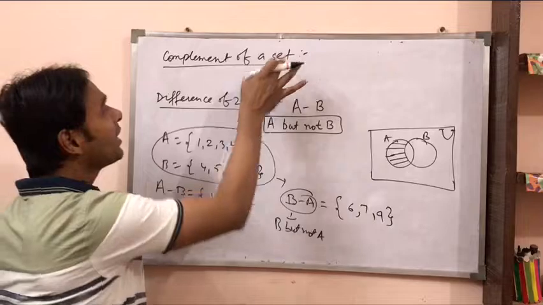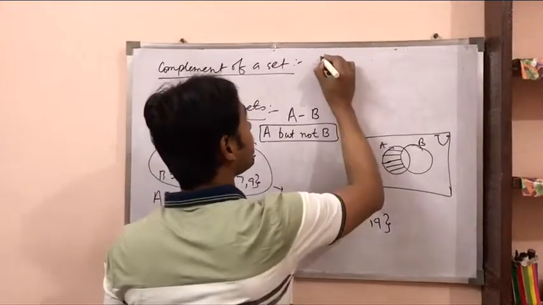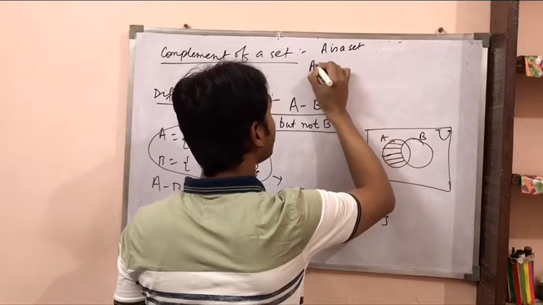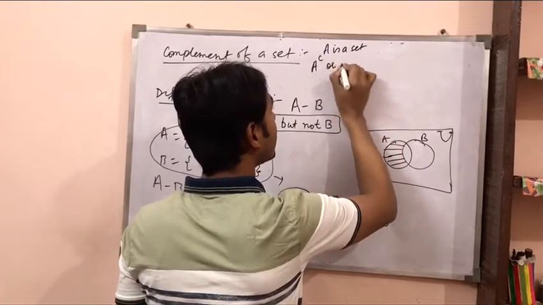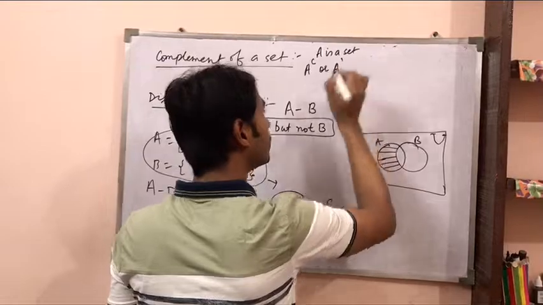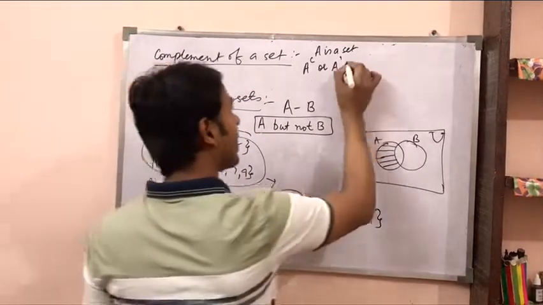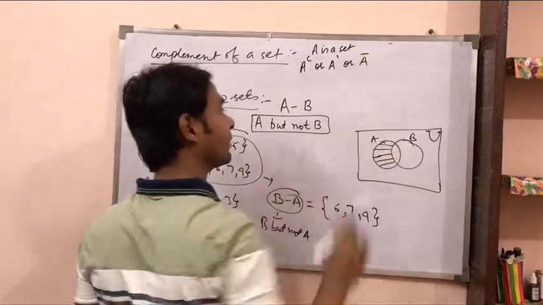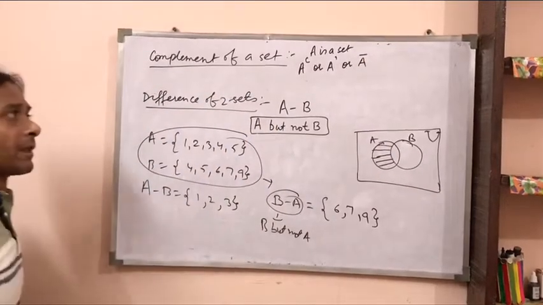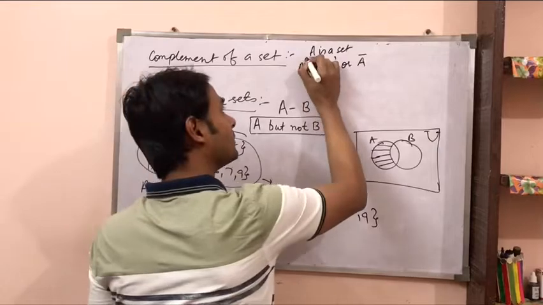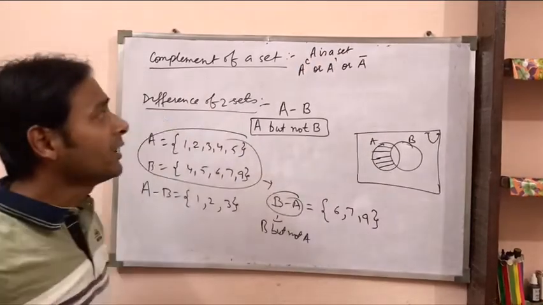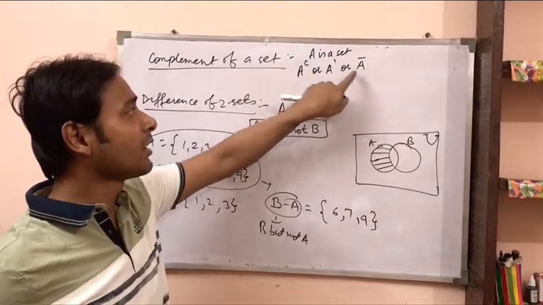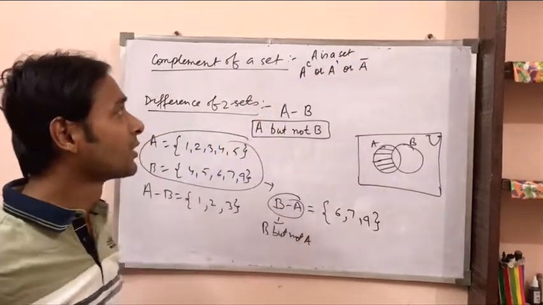Now, complement of a set is defined as, suppose A is a set. Then A complement is A के ऊपर C लगा दिया, या फिर we can say A के ऊपर डैश लगा दिया. दोनों चलेंगे. या फिर कई बार A के ऊपर बार भी लगा देते हैं. स्टैंडर्ड नोटेशन नहीं है, मतलब डिफरेंट वर्क कर सकता है क्वेश्चन में. A complement, A is a set, और A bar, that means A complement.